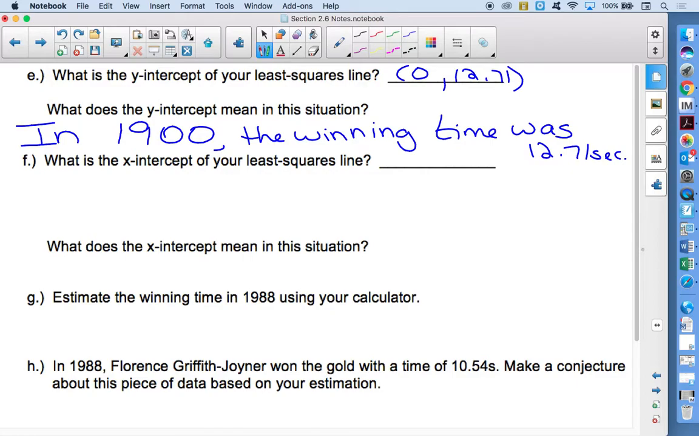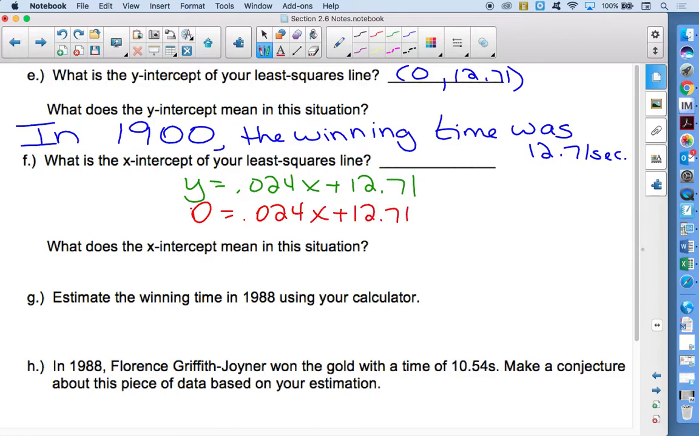Lauren, letter F, how do we find an x-intercept? You take the equation y equals 0.24x plus 0.71, and you make y 0. Good. And then you put the 12.71 onto the left side. So it'd be negative 12.71 equals negative